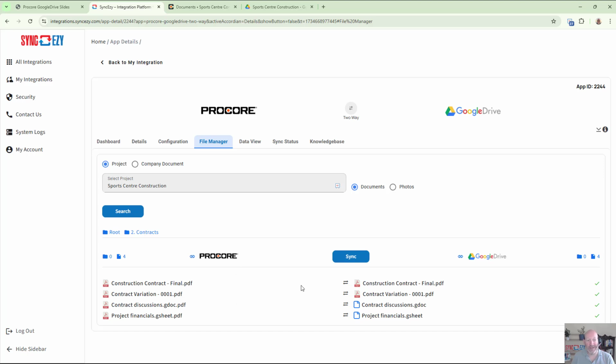So here you'll find some PDF documents. You'll also see here some Google Docs. Now, when you go in and update a Google Doc within Google Drive, obviously that's a live document. What we do, however, is copy across a PDF version of that. So you've got a point-in-time copy. When this is then saved again, a new version of that PDF is then updated into Procore. So you've got a fairly up-to-date version of whatever's in the Google Doc or the Google Sheet